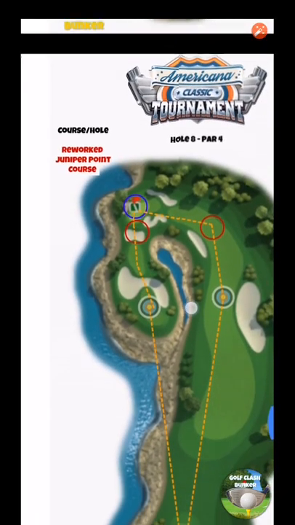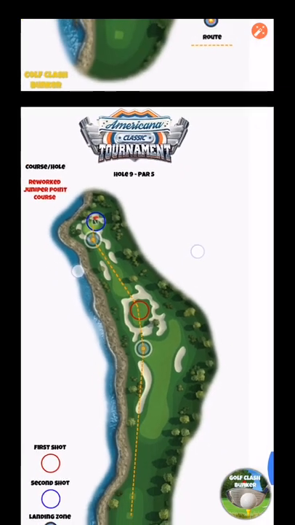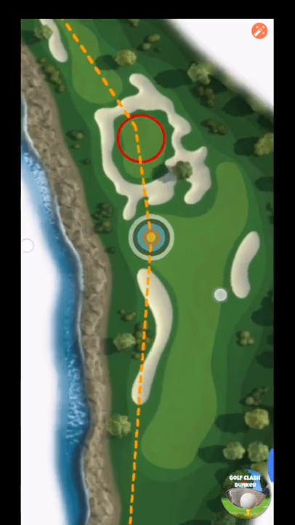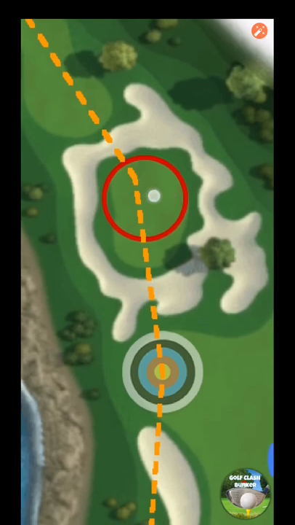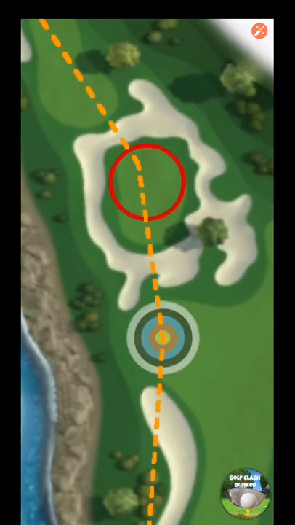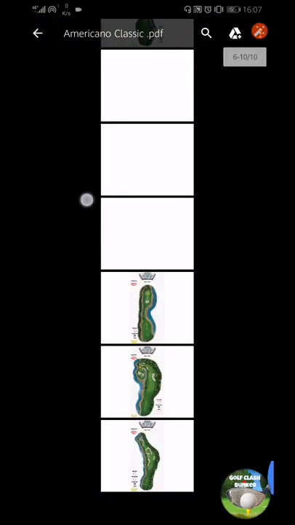Anyway, let's move on to hole number 9, the last hole of the Americana Classic Tournament. Hole number 9 is a par 5. Again, let's look at it. Ooh, and we all know this one. And there's almost only one way to shoot this one. The first way is to try and get it to this little piece of fairway, and you do that by hitting here and hitting as much to the left as possible. And then normally what I do is I'll top spin it, I will curl it, you name it, to basically get to land here, and then actually the whole objective